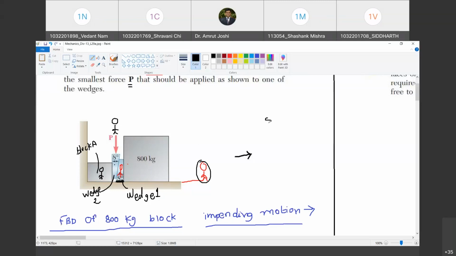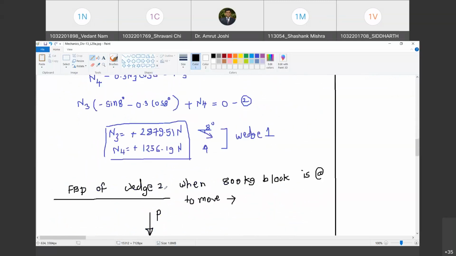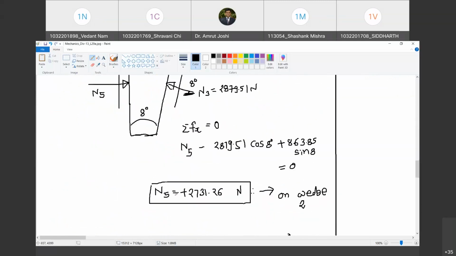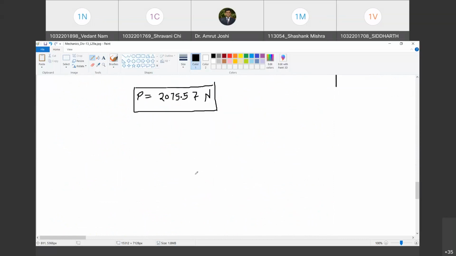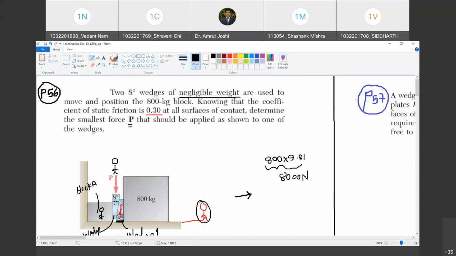Now, what is the force that you would have to apply if you have to lift it? How much? Yes, sir. Do you agree with me? So this is around 10. So can I say it is around 8,000 Newton? Yes, sir. है ना? As against on the wedge, how much force did you have to apply? 2075.57. So is it almost 1/4 of this? Yes, sir. Do you see the saving in the effort?